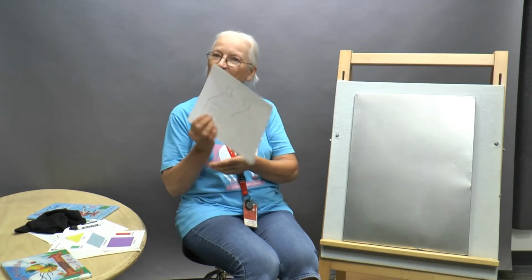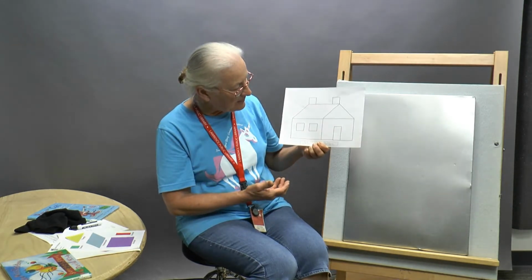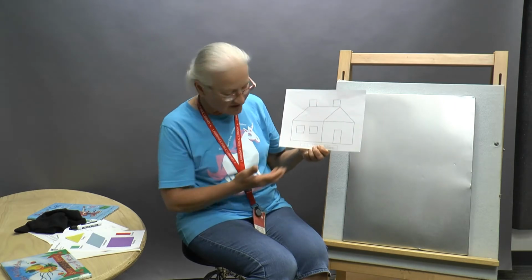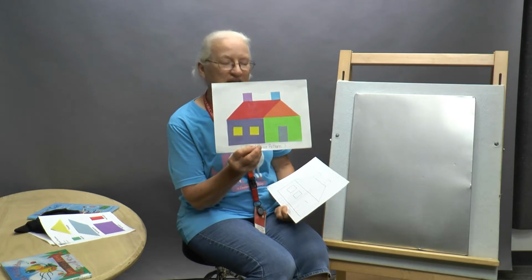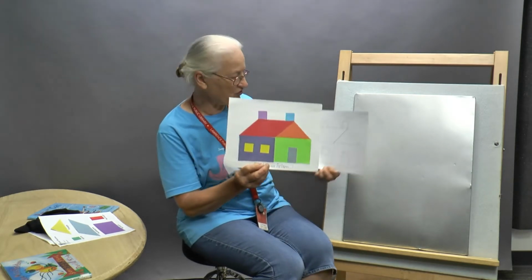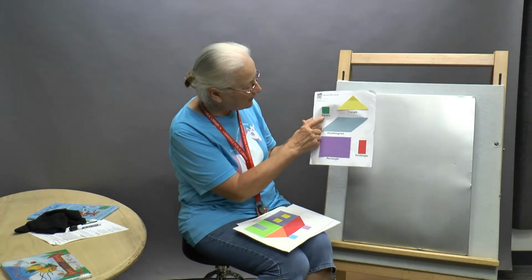So if we're doing school, this will be our craft. Now, you know you can come in every week and pick up a craft. We've had a market craft and a butterfly craft, and this craft's going to be a schoolhouse pattern. Now you're going to get a plain schoolhouse like this with lots of shapes, and you can put the shapes into the right box, and then you'll have this. This will show you a square,